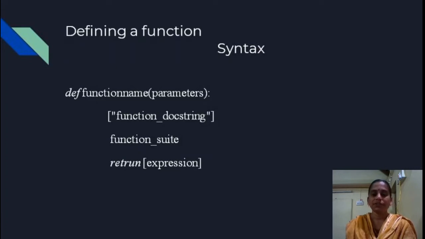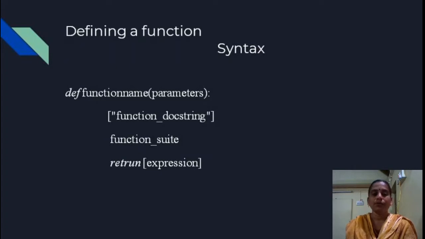For defining a function, the slide shows the syntax. The syntax starts with the def keyword. A keyword is a word which is used for a specific purpose. We should not use those keywords for variable names. Followed by def, we have to give a function name. The function name should reflect the task. For example, if we want to add two numbers, the function name may be add2.